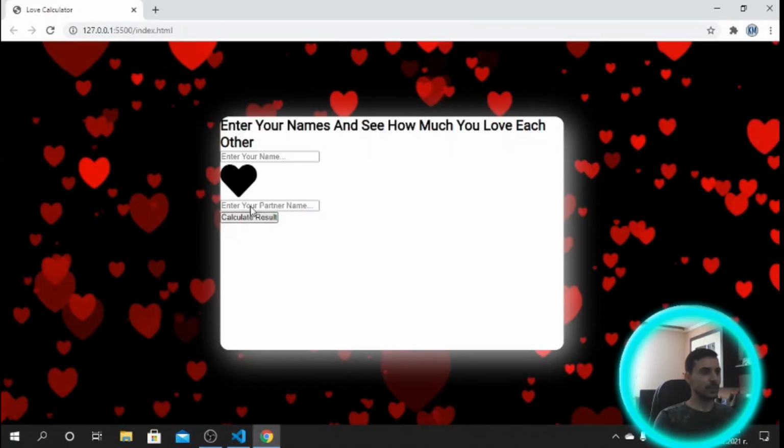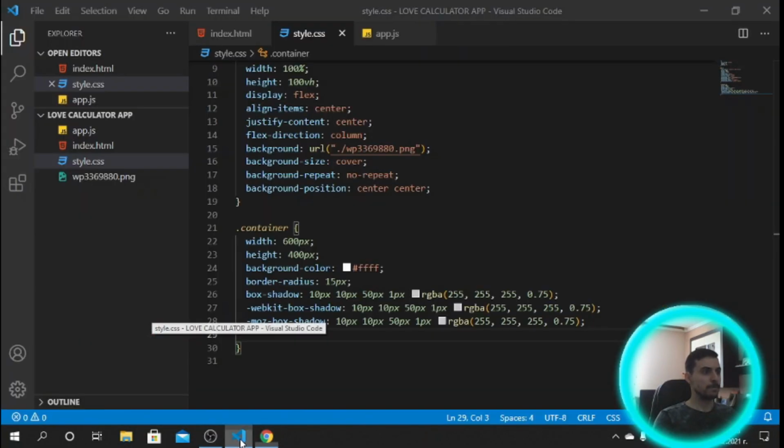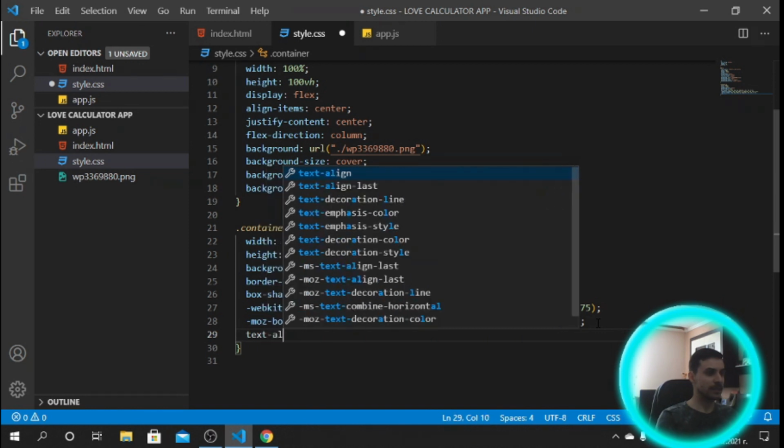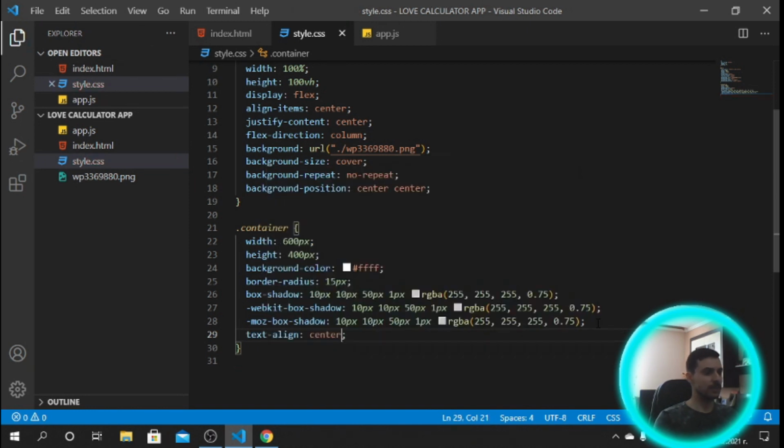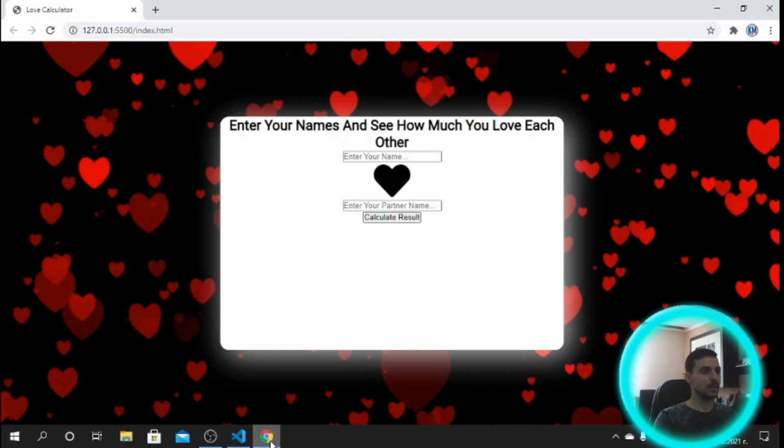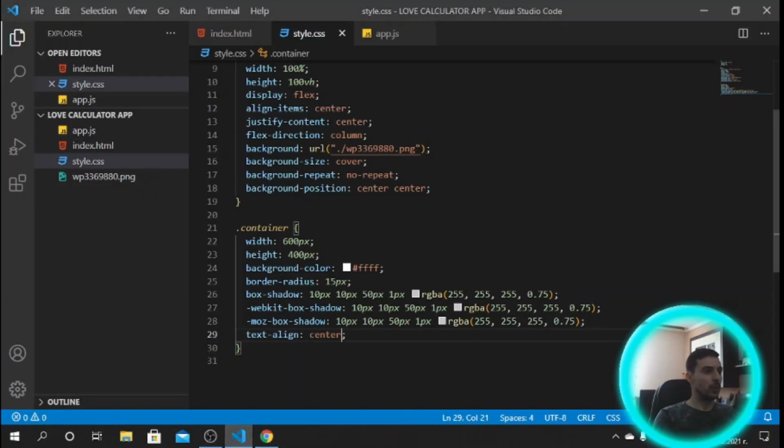What else do we need to do in the container? We need to say text align center. Now they moved to the center. Okay, however, we don't want these inputs to be like that. We want them to be next to each other along with the heart in the center. So we can do,